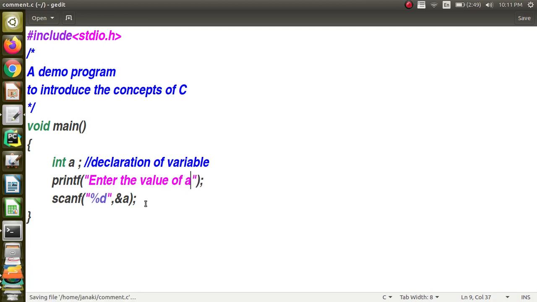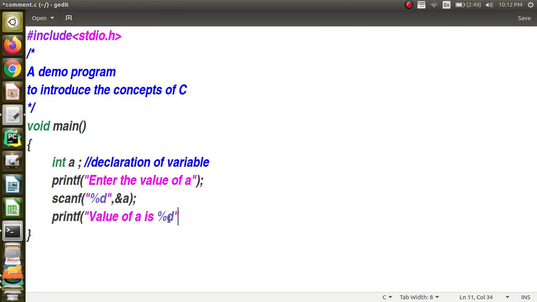Then I am going to read the value from the user and store it in the variable, and after this I am going to print what has been read. So I am going to say value of A is, and here I want to print the value of the variable, so you have to follow the format string. Whenever there is a format string, it begins with a percentage followed by the letter indicating the data type.